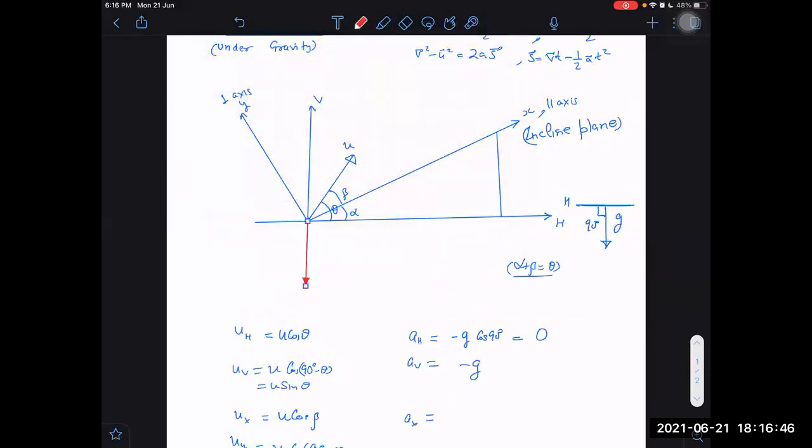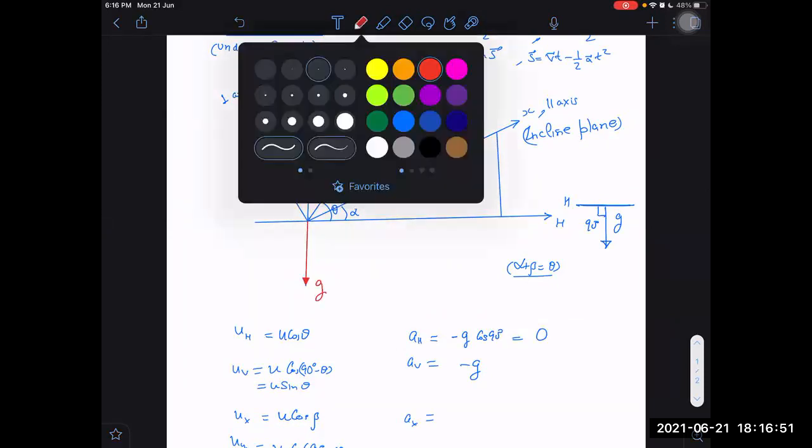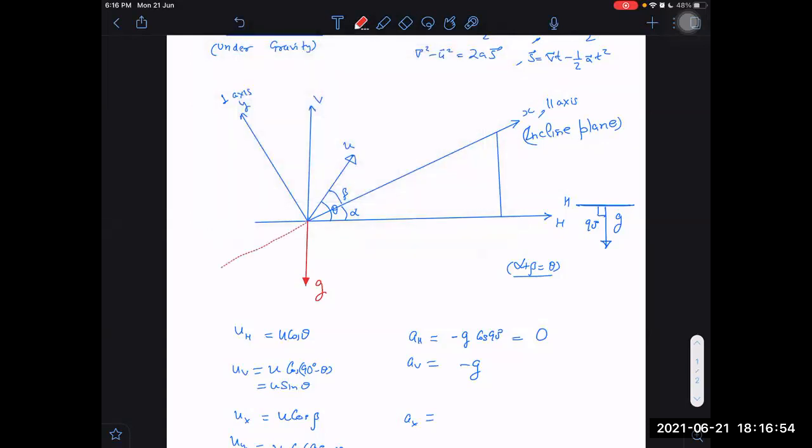G is vertically downwards. This is G, and I have to take a component along the side you are taking, along the x-axis. Is it looking like the x-axis now? It is along the x-axis, right? Yes. So I think you said it right. What is the angle made with the x-axis, on the negative side? This is 90, and this is alpha. It will be 90 minus alpha.